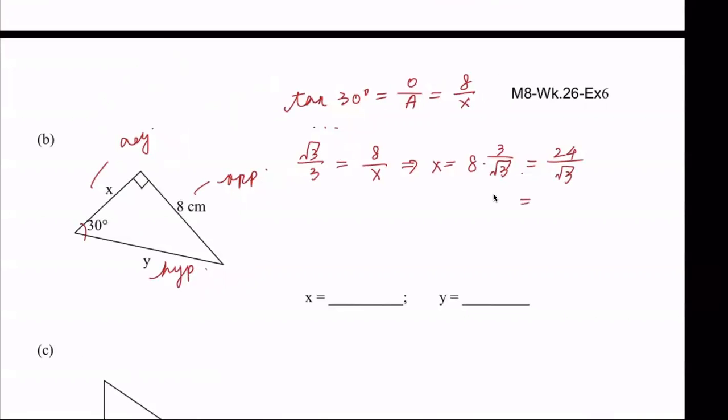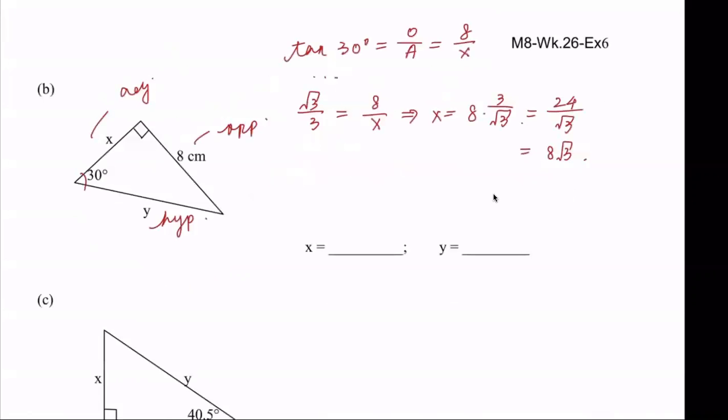So this is equal to 8 times square root of 3. Right? I think so. Okay, so let me double check. Yeah, 8 times square root of 3. Okay, so that's X. So now we know X is equal to 8 times square root of 3,